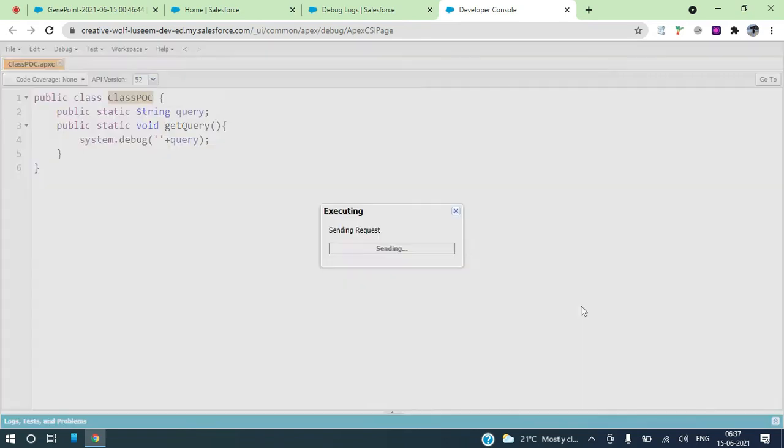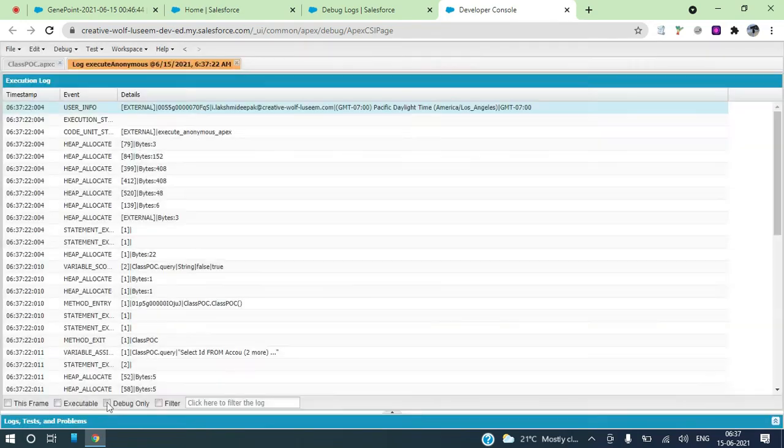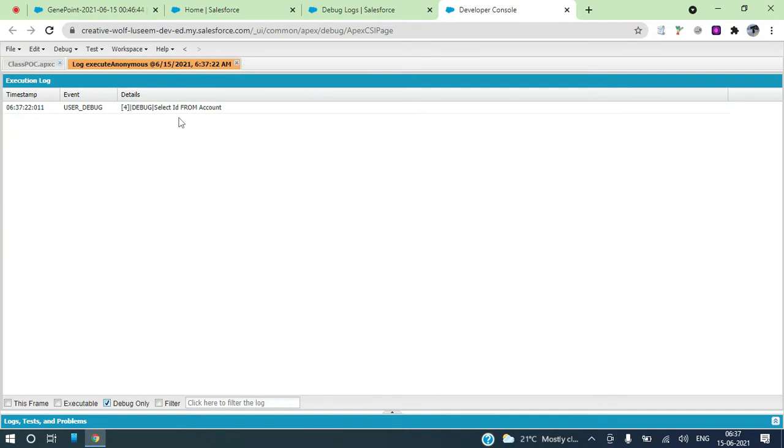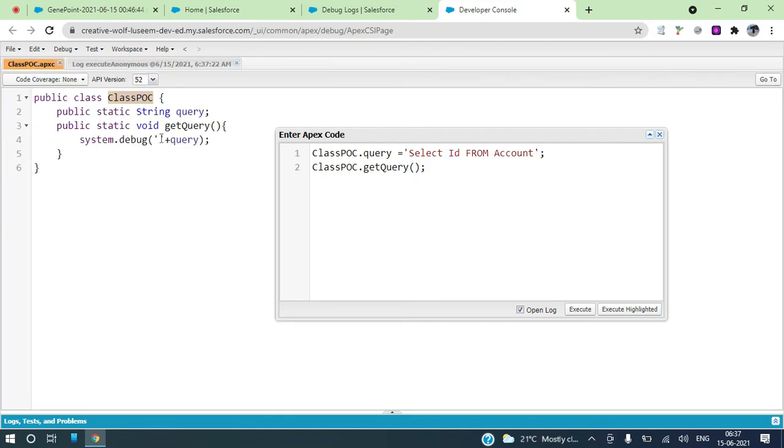If I execute this method, I got whatever I entered, isn't it? So I entered select ID from account, I got it. Fine. So simply, instead of just displaying this, we'll display this one for